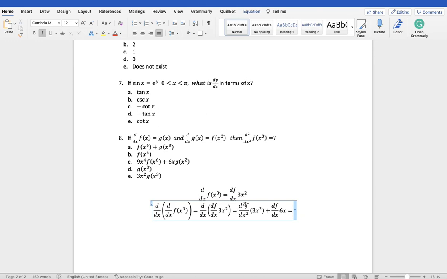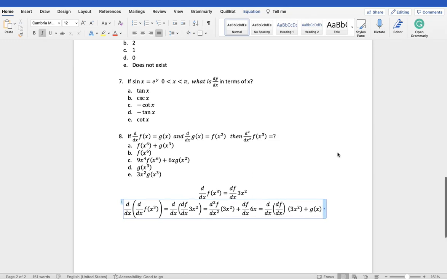In the first term here, we have the second derivative, so let's write it back as the first derivative, multiplied by 3x squared. And on the second side, df/dx was given to us as g of x already, so let's write g of x there, multiplied by